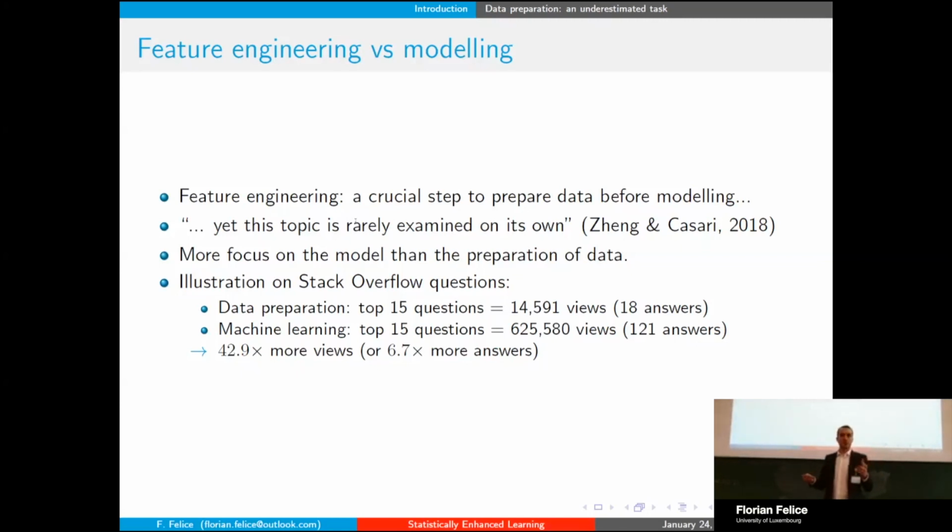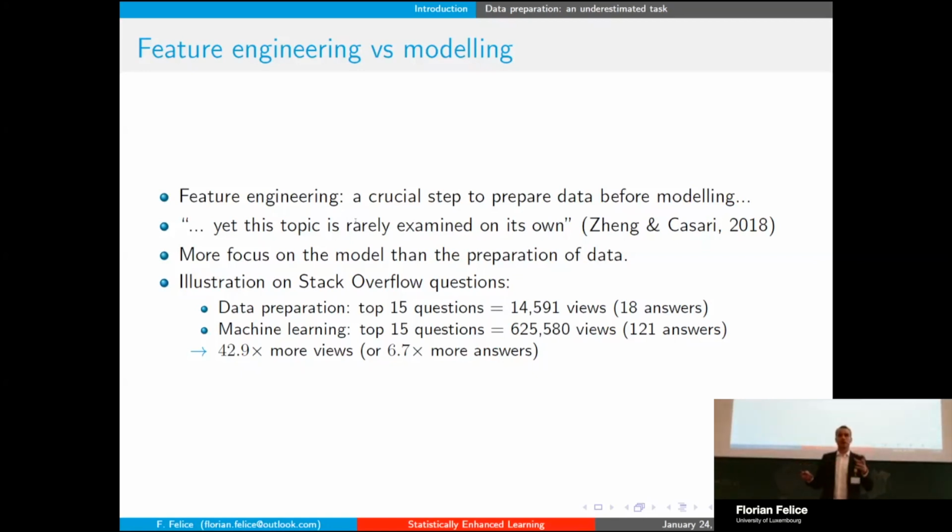Just as an illustration, if you go on the well-known Stack Overflow platform and you search for the top 15 questions for data preparation, or for machine learning, the number of views is completely different. You have something like 43 times more views for machine learning compared to data preparation, which just shows the focus that is put on the actual machine learning.